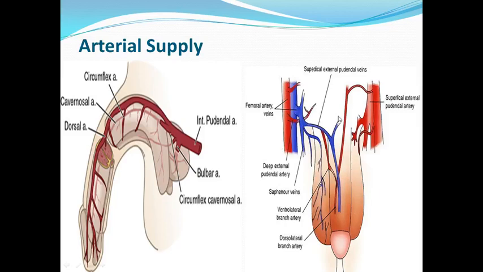Now in this figure you can see the femoral artery also gives one branch, that is the superficial external pudendal artery, which basically supplies the skin and the fascias of the penis. So the skin and the fascias, the superficial as well as the deep fascia or Buck's fascia of the penis, are supplied by the superficial. Yes, here it has a spelling mistake. It is written as superhelical. It is the superficial external pudendal artery, and this is a branch of the femoral artery.